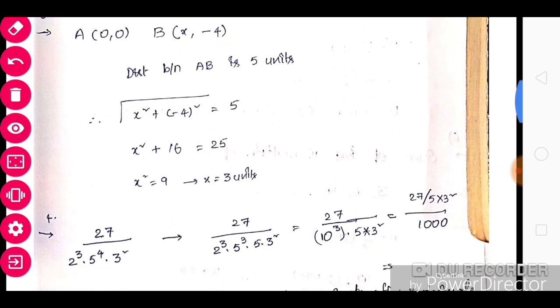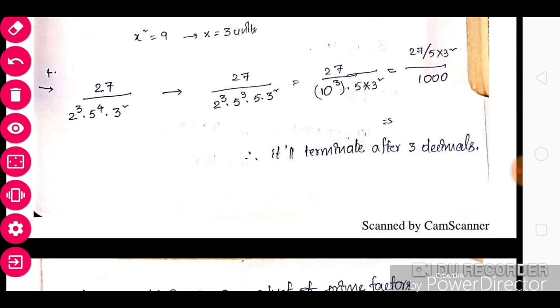Right, coming to next question. Here it is asked that after how many decimals or after how many places the value of 27 by 2 power 3 into 5 power 4 into 3 square will terminate. So if you want to decide whether a fraction is terminating or non-terminating, the denominator must contain 2 power n